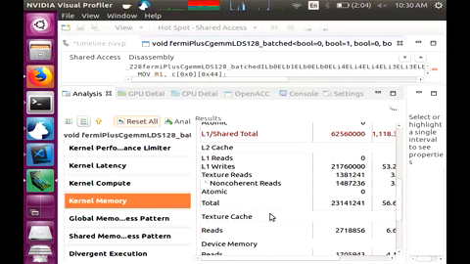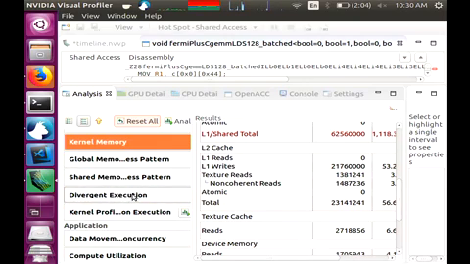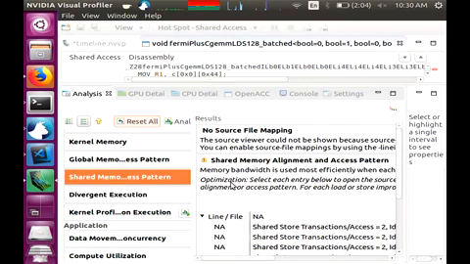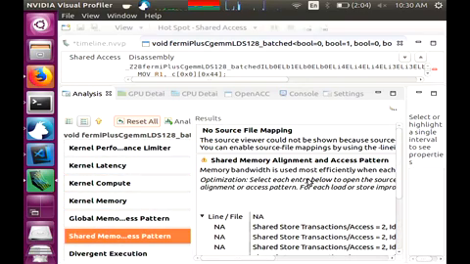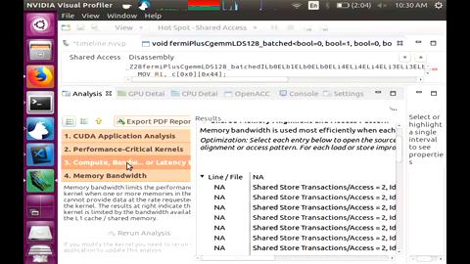So you can make changes to your code and check how all of these different metrics are affected. There's so much stuff here that I can't go through it all, but you can click through this and check everything that you want. The other thing that I do want to point out, let me see if I can get back to it, is in your kernel, you should be able to